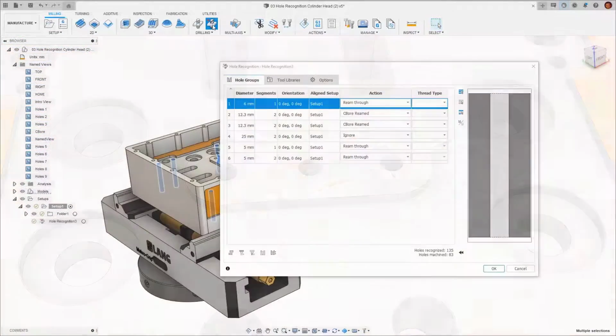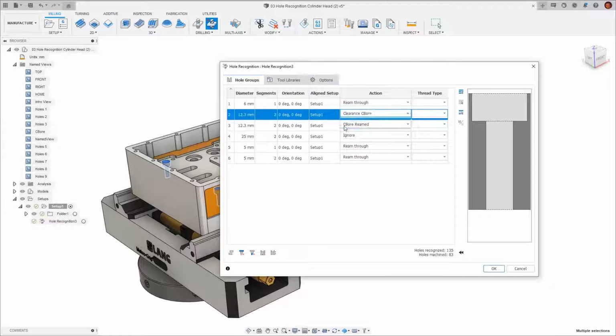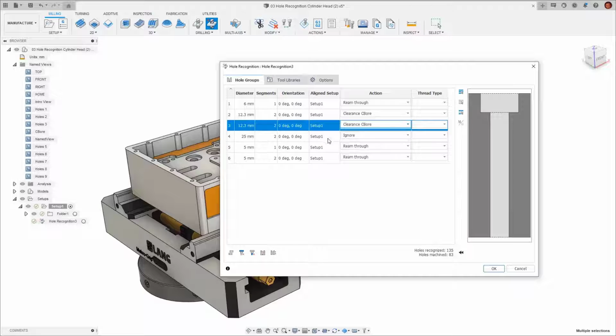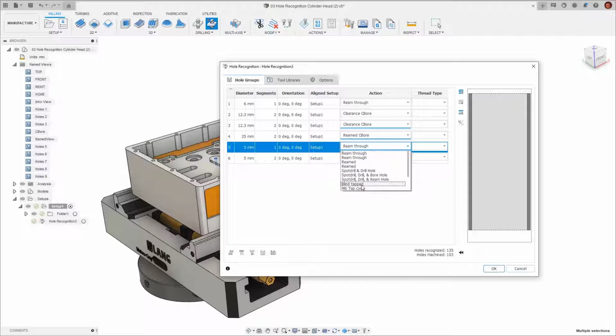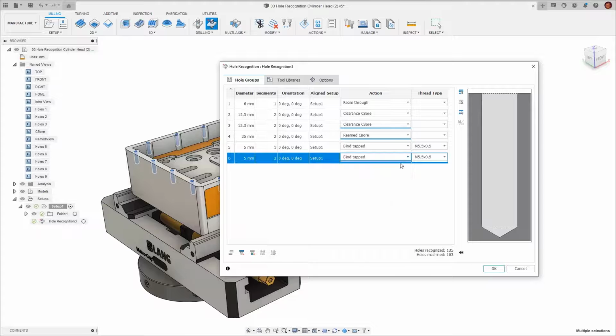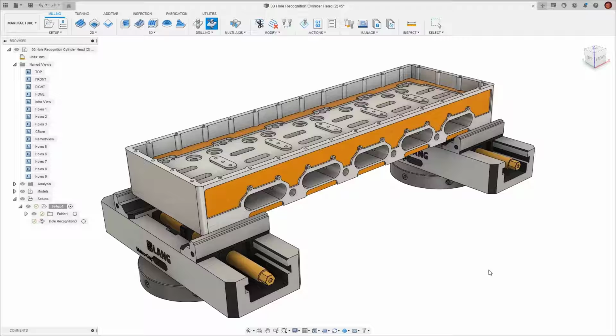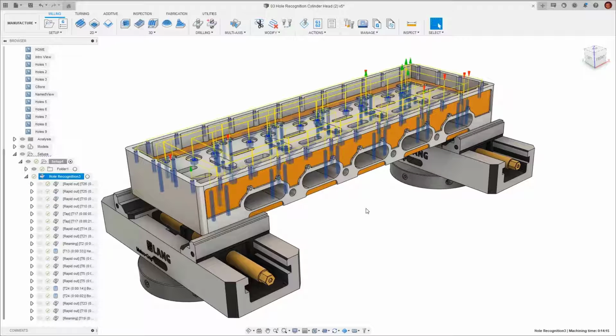So to speed up this process, we can use hole recognition to automate some of these steps, to detect holes in both our primary axes and holes in other axes, in as few clicks as possible to achieve the results we want. Hole recognition can be as easy as selecting it, choosing our hole signatures and selecting OK. Whilst this is a viable option, to give us toolpaths for all of our holes, we're going to spend a little bit more time going through all of the options to see how we can set it up for optimum